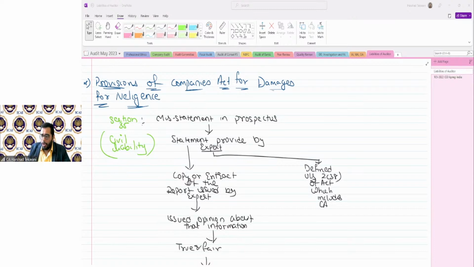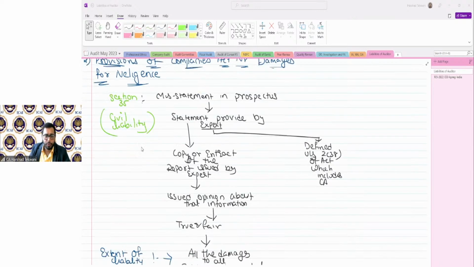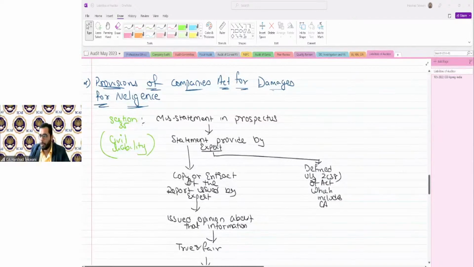Now, Section 35 of the Companies Act describes the liability, but there is one more thing in that section I want to discuss, basically a proviso to Section 35. Why? It's because it's very critical to understand. Sorry, my mistake, it's subsection 2. Now, subsection 2 of Section 35